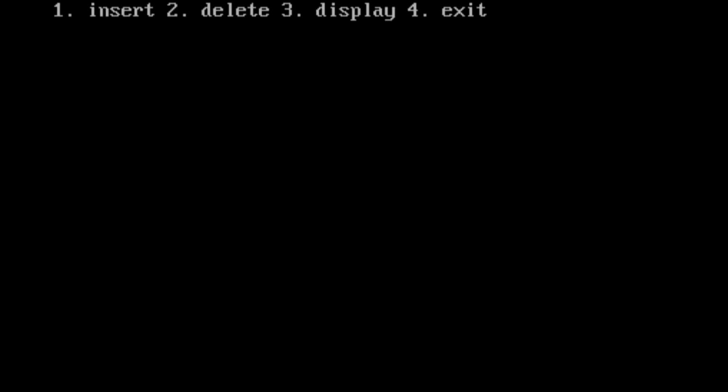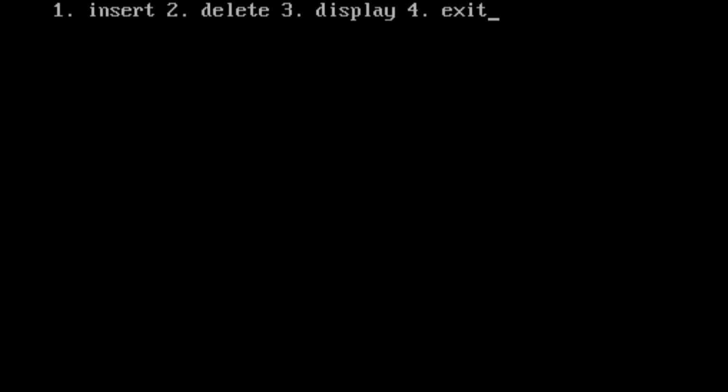When we run this program, you can see on the screen 4 options: insert, delete, display, and exit. We will check with overflow. Since the size of the array is taken as 5, you cannot insert more than 5 elements. We will try to insert and delete, and after doing some insertion, you can do deletion also. We will see all possible cases.